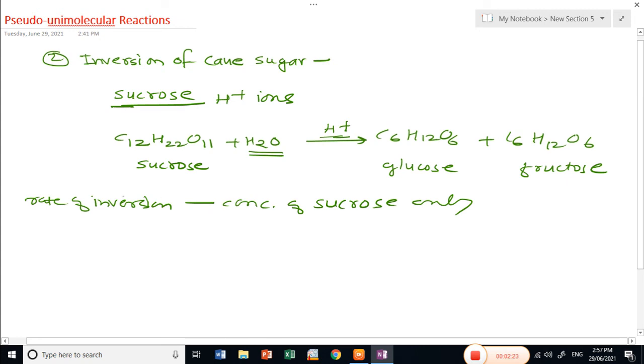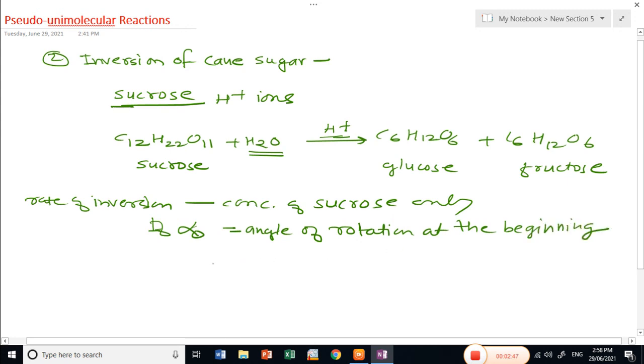Okay, so if alpha 0 is equal to angle of rotation at the beginning, and alpha t is the angle of rotation after time t,